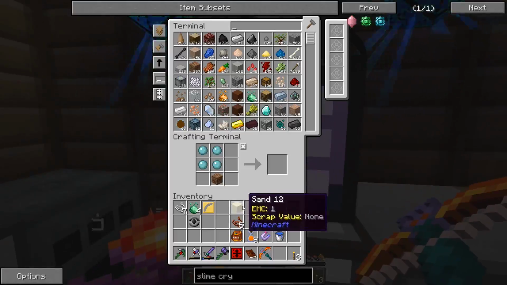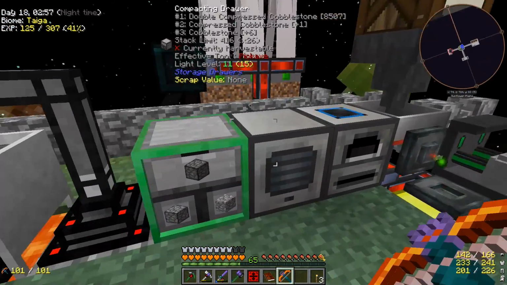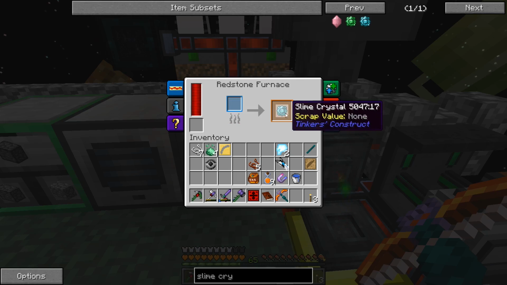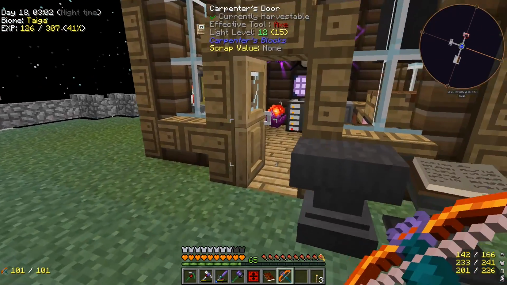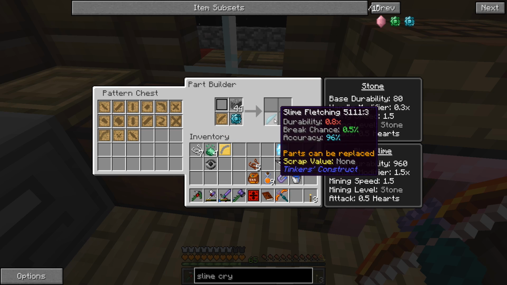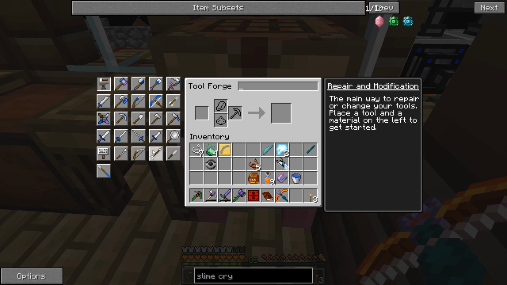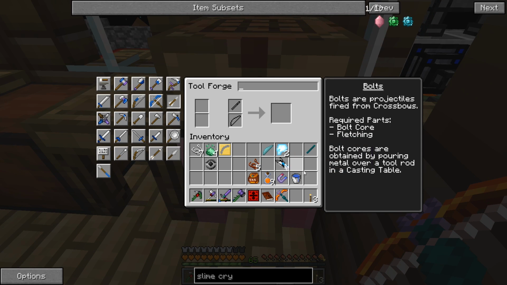But anyway, we have this. There's slimy mud. Okay, so we just need to take this and then smelt it. Like so. There's our slime crystal. Awesome. So now we should be able to do this. Where is the fletching plus this? There's a slime fletching. Okay, so I think we just put these over here. Is that the bolt? Yeah, so fletching plus bolt